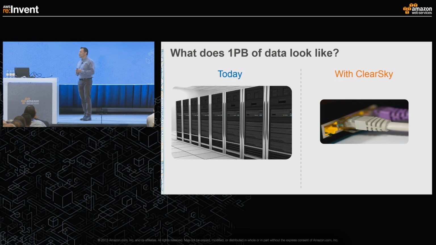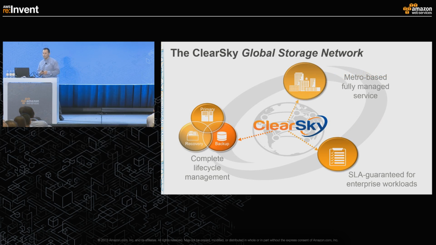Our vision, our goal at Clear Sky Data is to make this whole process look like just plugging into a network. We make all of this stuff go away. And the way we're doing that is through what we're calling a global storage network, the goal of which is to provide high-performance primary storage capabilities at the edge in data centers worldwide, but with the economics and scalability of the Amazon cloud. We are offering a metro-based service, so we do it inside of metros, and I'll get into why we actually have to do that. But we are going to be deploying metro by metro.